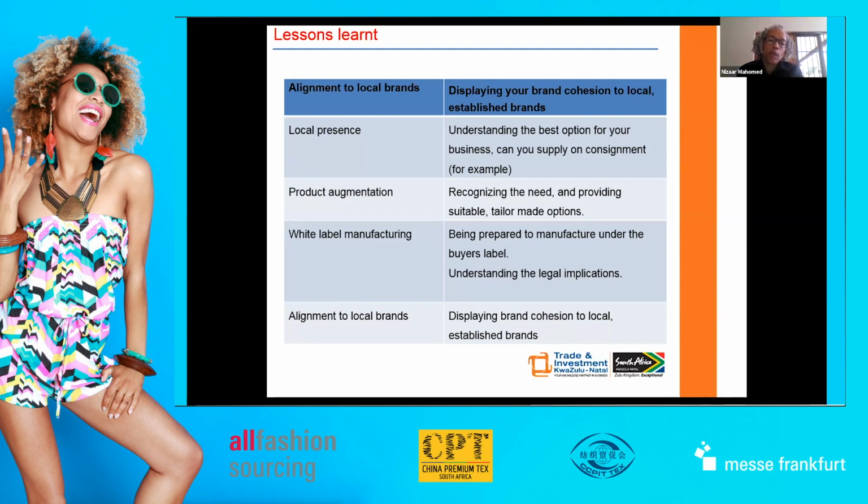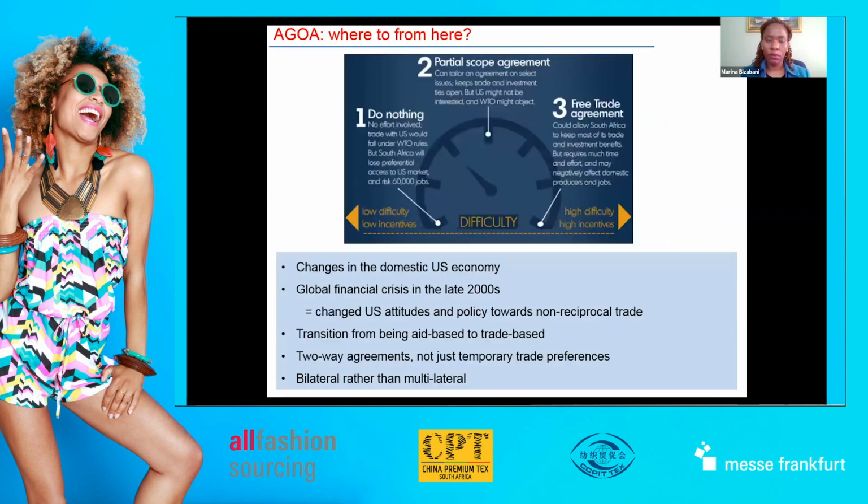And then also the alignment to local brands, which we are beginning to see as playing an increasingly large role in local companies wanting to establish themselves abroad, especially in the AGOA marketplace. And just to end off, now we know that there's talk of AGOA ending in 2025. And so obviously, based on what's happened now with the pandemic, we've had to reconsider and look at what are our options, both from an investment promotion agency's point of view, but also from the advice that we can give to companies that are considering a changed landscape in post-2025.